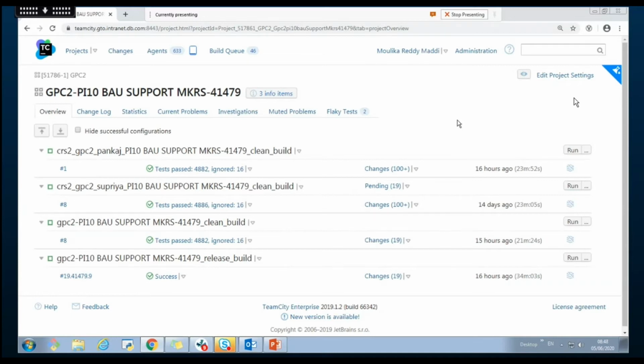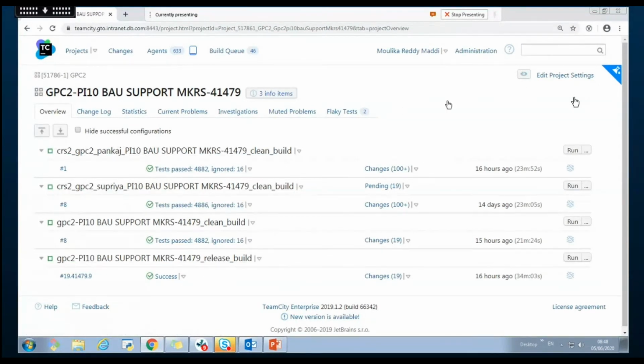So this is the branch where we are configuring this job. The project is GPC2, and from the overview you can see particular users are also given jobs.